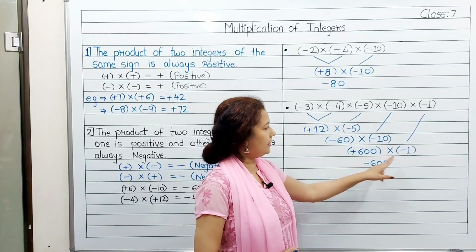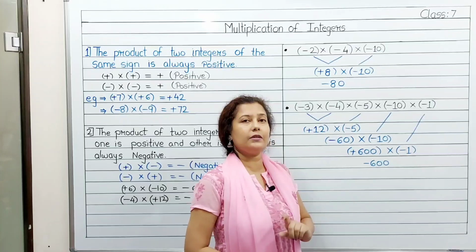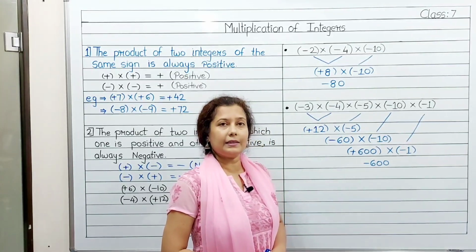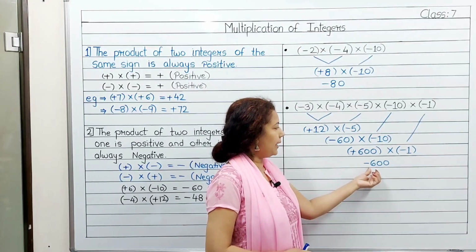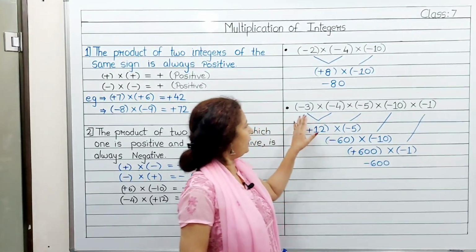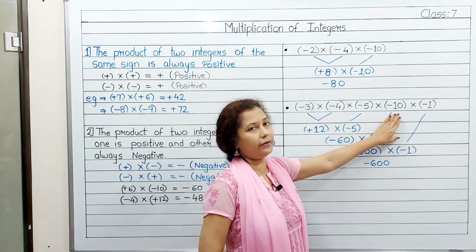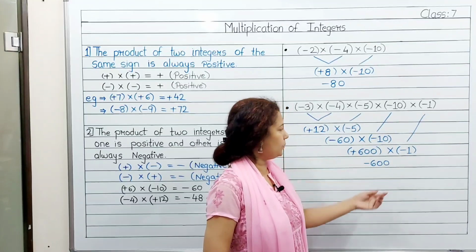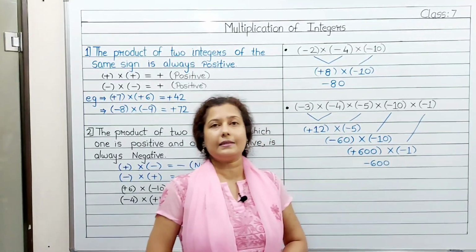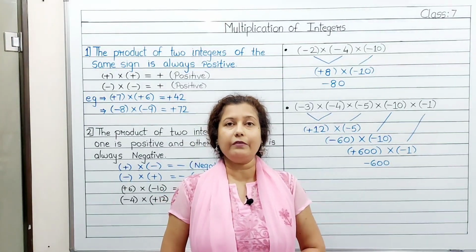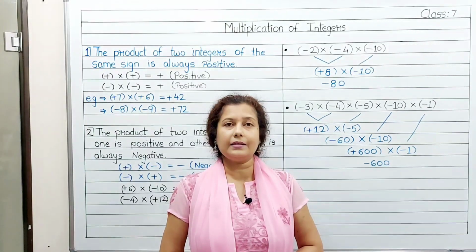So here 600 into 1 is 600. Plus into minus, that is different signs. So here the result will be negative. So the product is minus 600. So when we multiply minus 3 into minus 4 into minus 5 into minus 10 into minus 1, the product is minus 600. From these examples, it is clear that when we multiply an odd number of integers, the result is